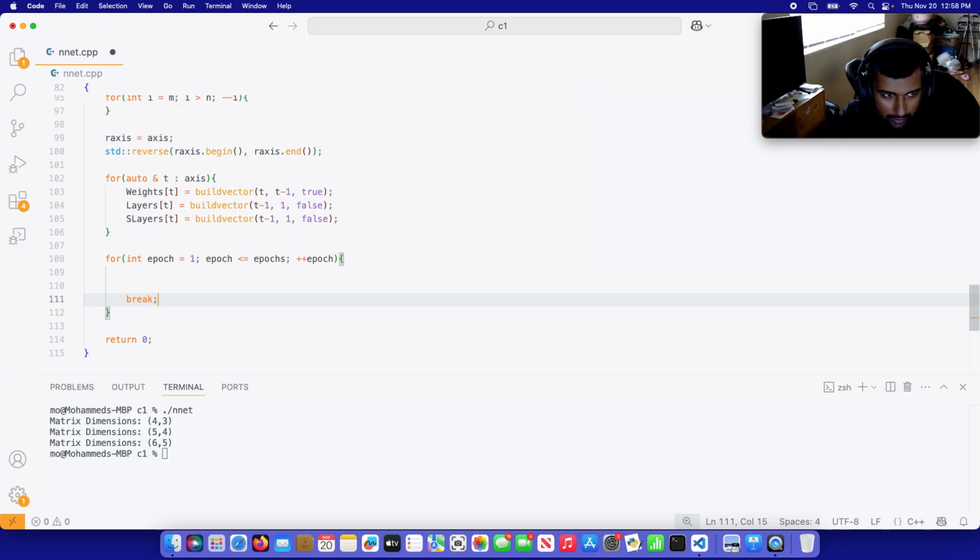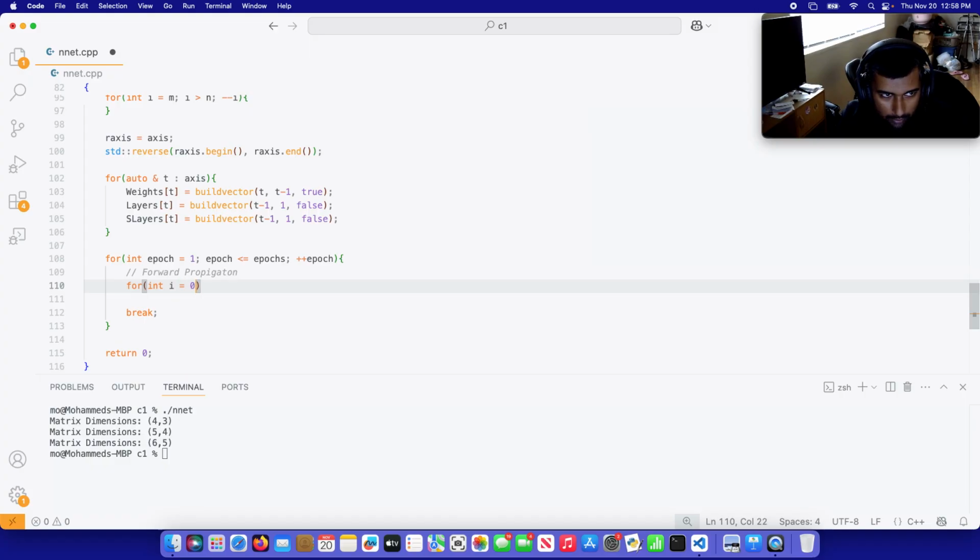And I'm going to break this line. So what I want to do here is, so this is going to be forward propagation. So I will do for int I equals, or rather, yeah, I should do it like this. So int I equals 0. I is less than,